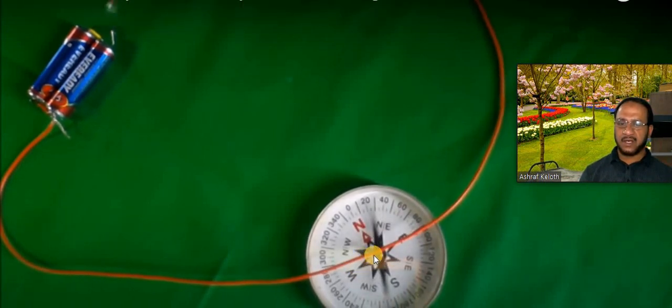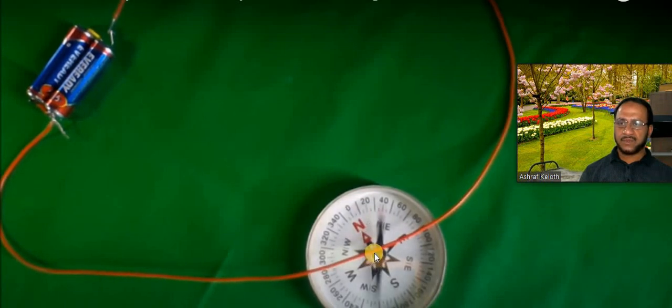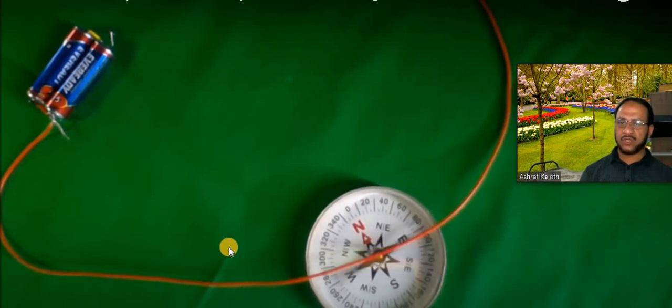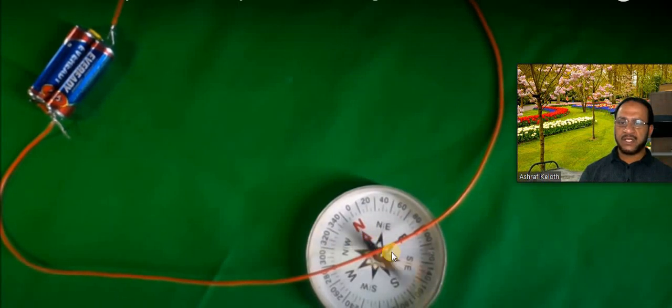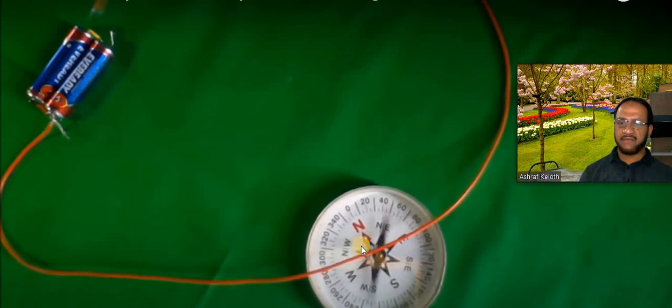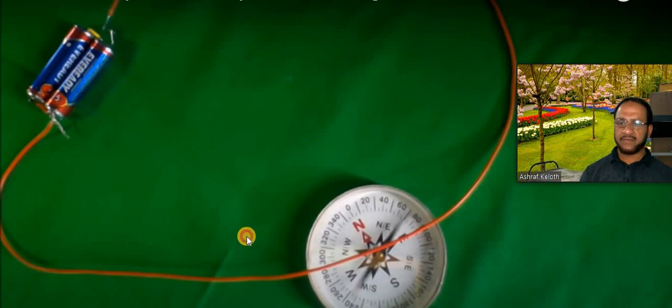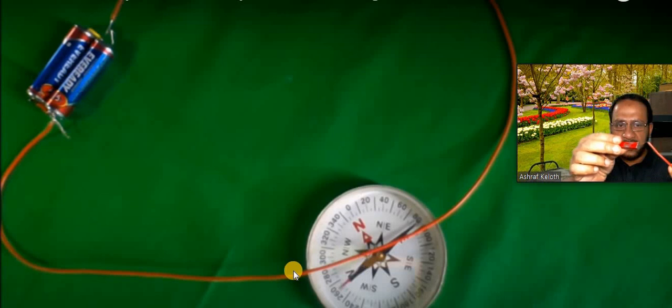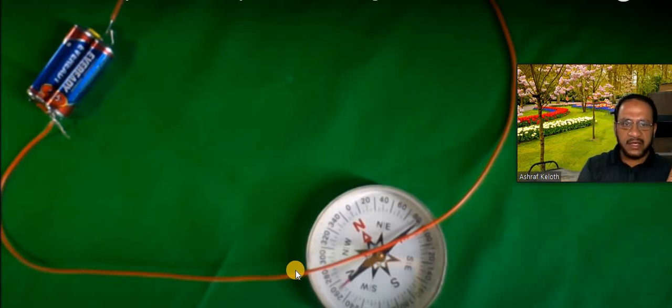When current passes through the copper wire, there is a deflection in this needle. When a current is passing, means when we are touching here, a current is passing through the copper wire, that time the compass needle is deflecting, the magnetic needle is deflecting. What is the reason for that? If you see here, I have a copper wire in my hand and a magnet, no attraction, there is no force. But if I pass a current through this one, then magnetic needle will be attracted, it will deflect. What can be the reason?